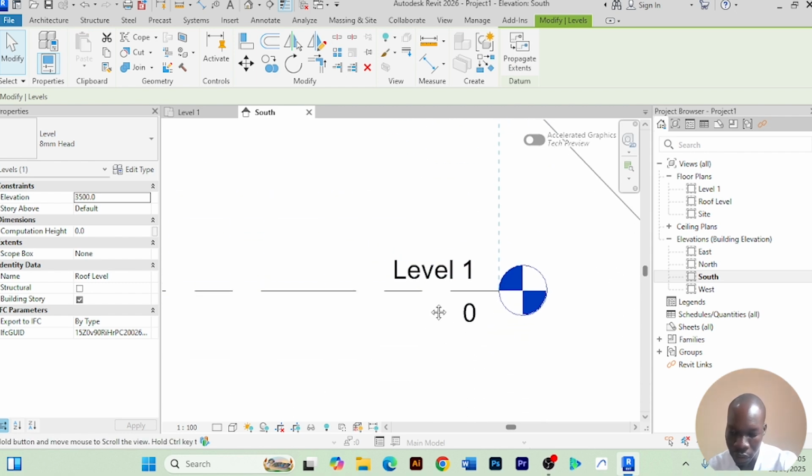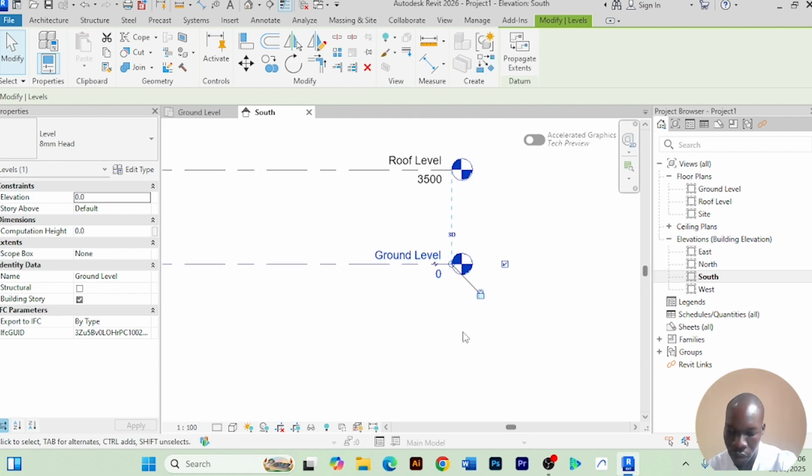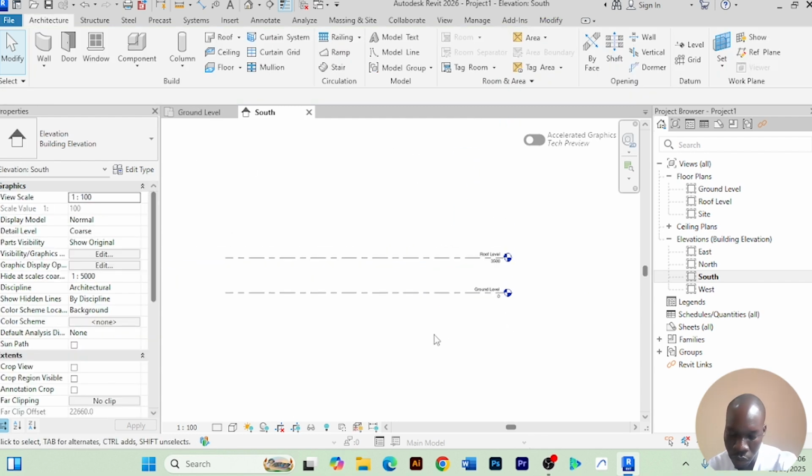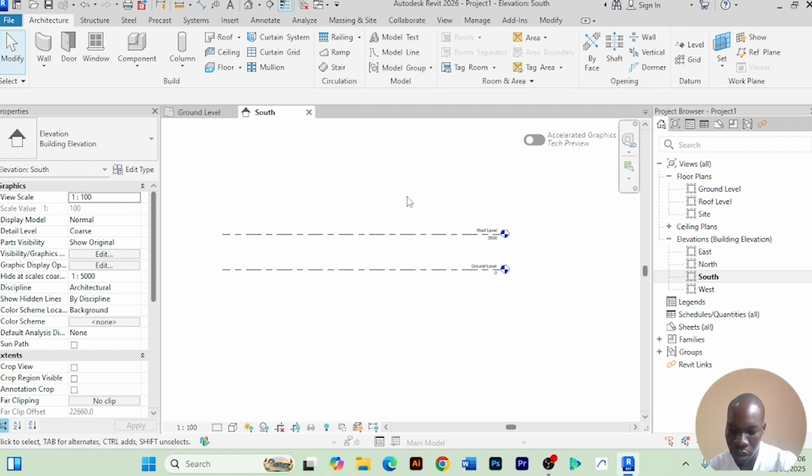And then this 0 is always the ground floor, so I will write this the ground floor, because that's where the ground starts from, ground level. And then it's 0. Of course, if I want to create another level, for example foundation, I'll just look for